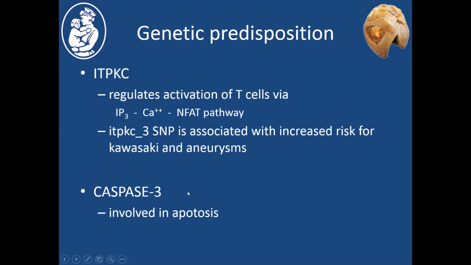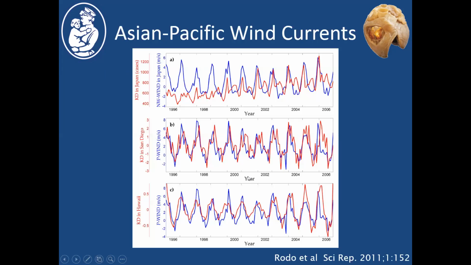variants have been associated with an increased predisposition for aneurysms and Kawasaki disease. This is involved in apoptosis and may go back to the superantigen model that we talked about before, that maybe it's less efficient at causing the activated T lymphocytes to undergo apoptosis and therefore allowing more of them to be available. Turns out there are a lot of genes that have been identified as potential risk factors for Kawasaki disease, and most of them involve inflammatory pathways. Other issues that have come up include